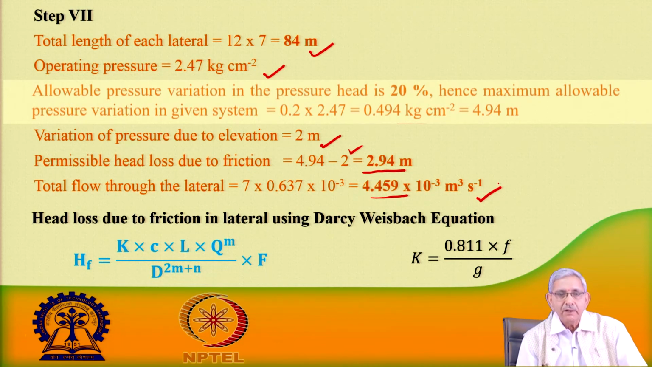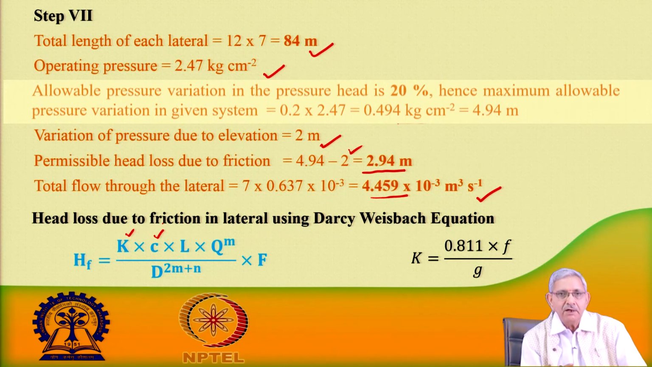Now, head loss due to friction can be estimated by the Darcy-Weisbach equation, by the Hazen-Williams equation, or by the Scobie formula. Here we are using the Darcy-Weisbach equation. So, in the Darcy-Weisbach equation, head loss due to friction is given by K,